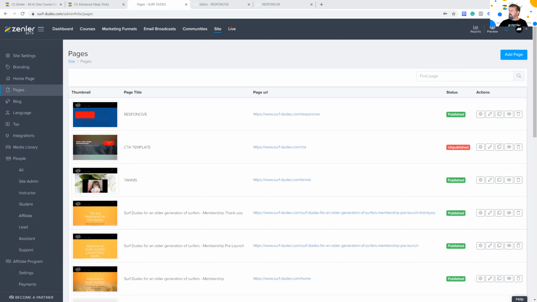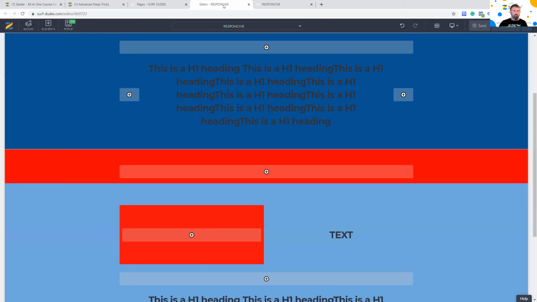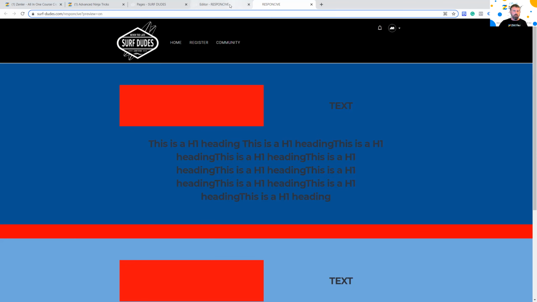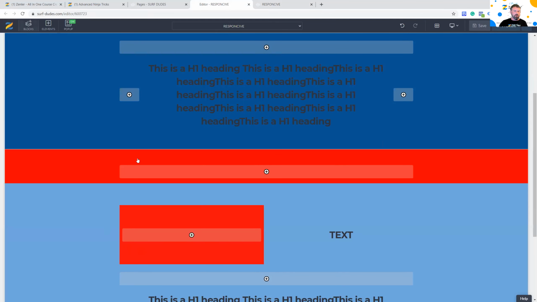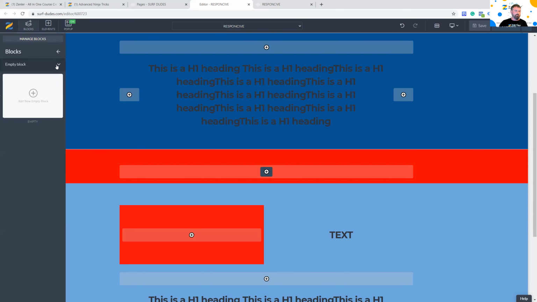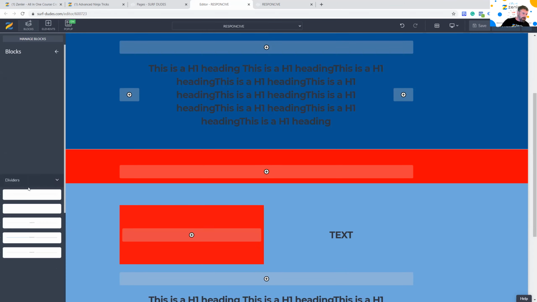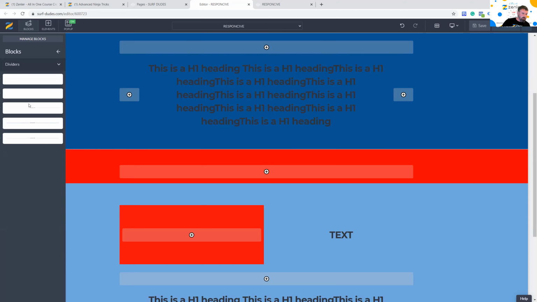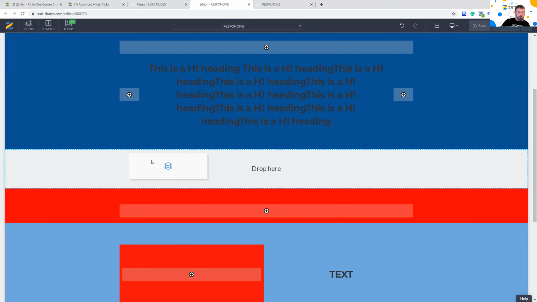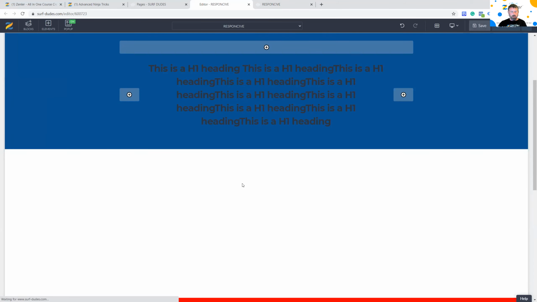Yeah, so Sophie's saying, is there a block called divider? There is. I think there is a block called divider. I tend to just use this method. There's loads of blocks. It's hard to keep up with the amount of blocks there are in here. Yeah, you've got dividers. So in there, you can put that divider, which is basically what I've just done, but you could shove a divider in there if you wanted to. But I'm just showing you the manual way of doing it as well, because one, I'd forgotten that there was dividers in there. Let's have a look at this divider.